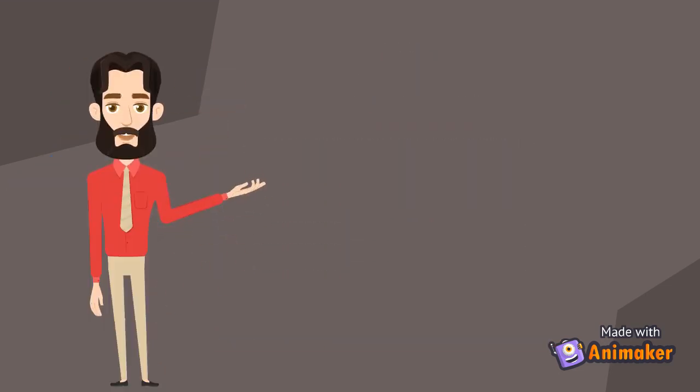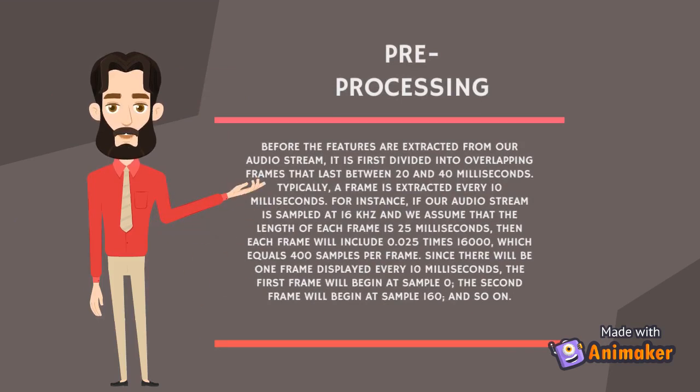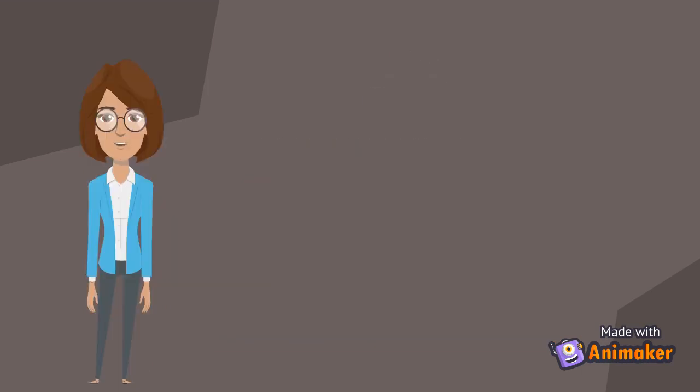Before the features are extracted from our audio stream, it is first divided into overlapping frames that last between 20 and 40 milliseconds. Typically, a frame is extracted every 10 milliseconds. For instance, if our audio stream is sampled at 16 kHz and we assume that the length of each frame is 25 milliseconds, then each frame will include 0.025 times 16,000, which equals 400 samples per frame. Since there will be one frame every 10 milliseconds, the first frame will begin at